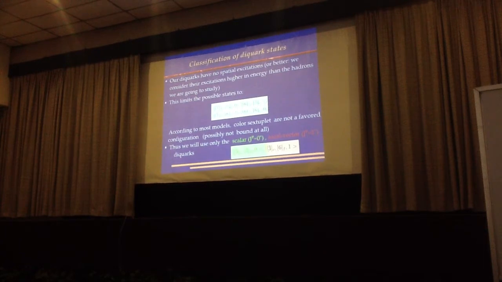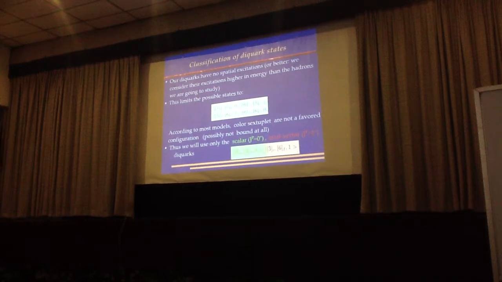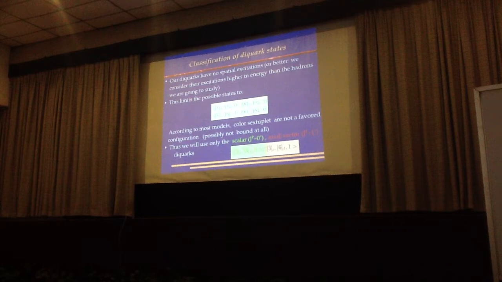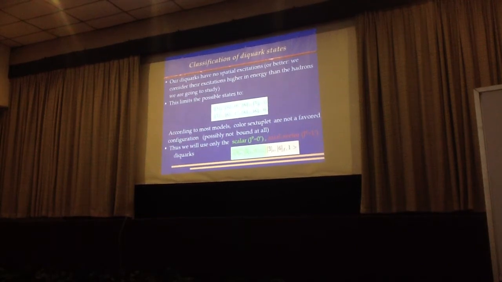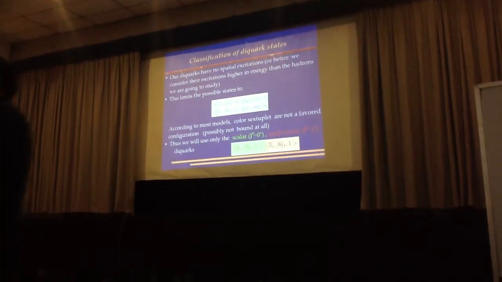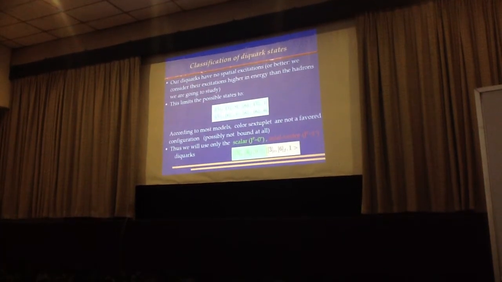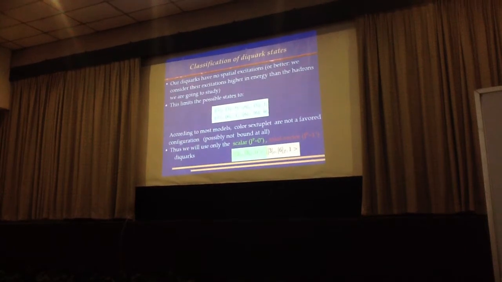in this table. In the first line we find the dipole in color triplet, and in the second line we find the dipole in the color sextuplet. Then, according to most models, for example, one-gluon exchange calculation, the color sextuplet is not favored, and possibly is not bound at all. So we will not use this type of dipole. We will use only the color triplet type of dipole, which is